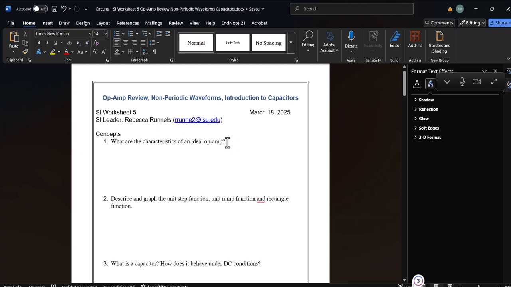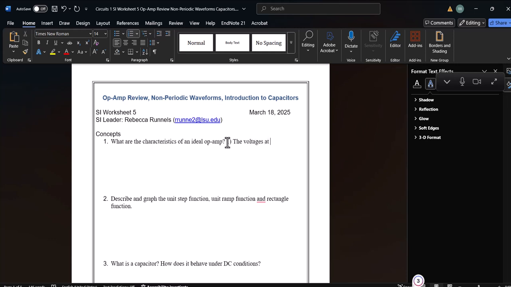All right, so first thing are characteristics of an ideal op amp. I went over this at the last session, but there's likely going to be a pretty basic op amp question on your test, and it will be an ideal op amp, so you'll need to know the characteristics of an ideal op amp. So do you know any of those? Okay. All right, so the